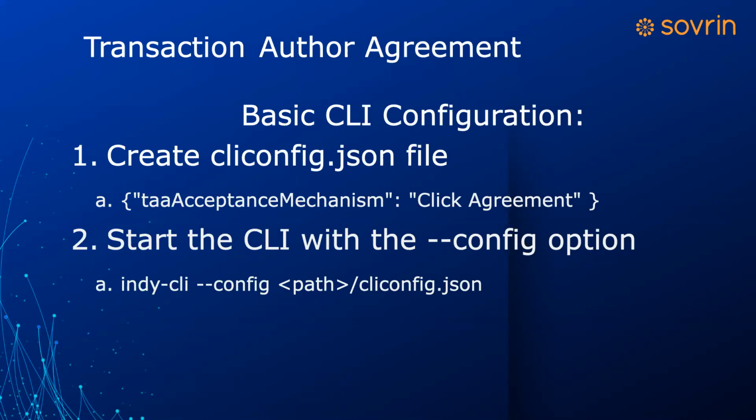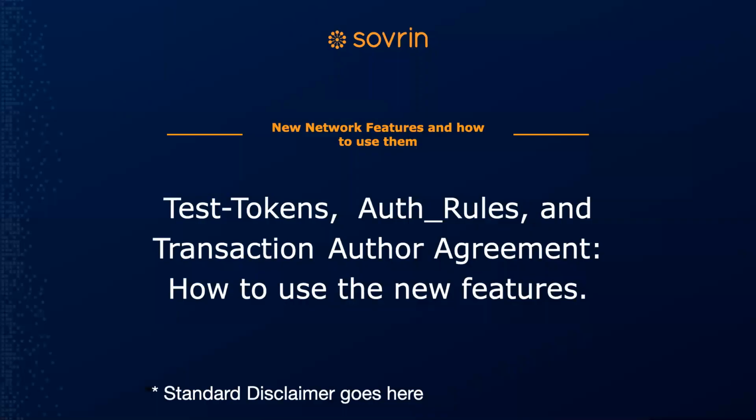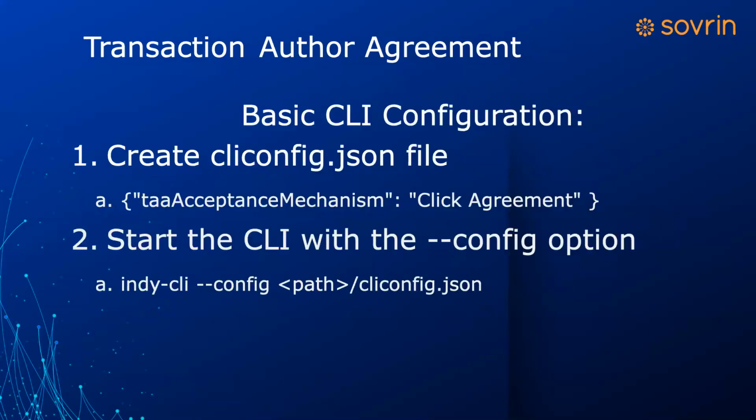Essentially, the CLI is an administrator's tool for the most part. It's the ability to manage a network and run commands against the ledger from a command line interface. So it looks like a command line. You just type in commands. So you start up the CLI. I think back inside the other thing, we had a ledger command that we talked about, right? Ledger is one of the commands. That means you're dealing with the ledger.